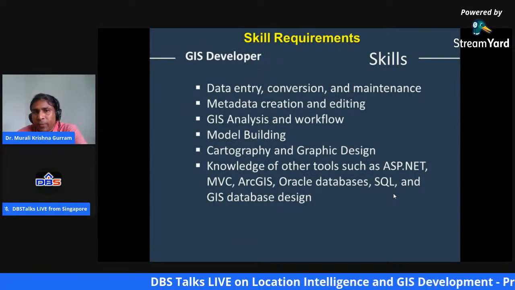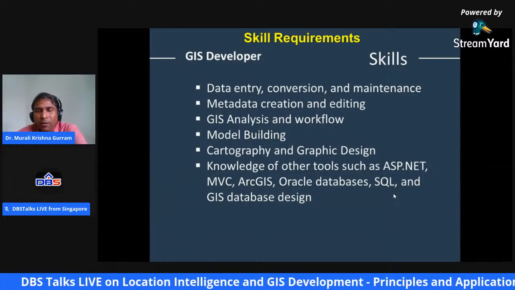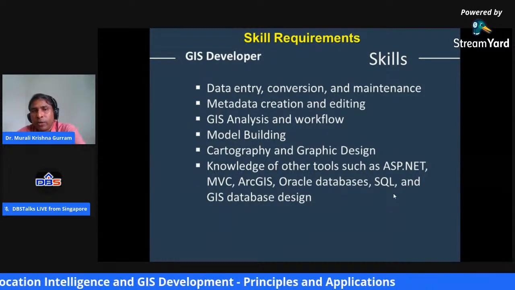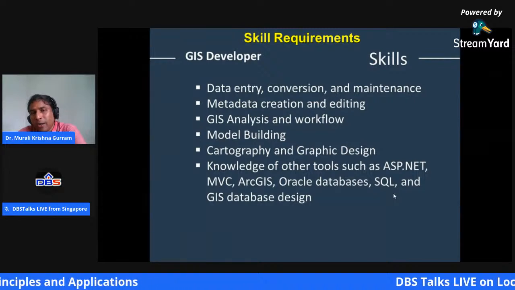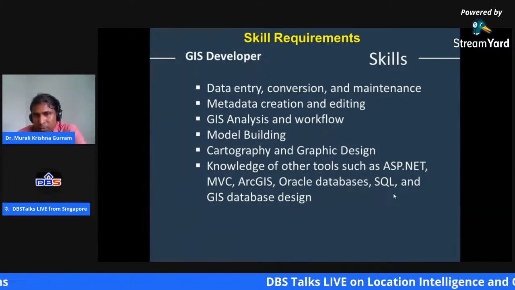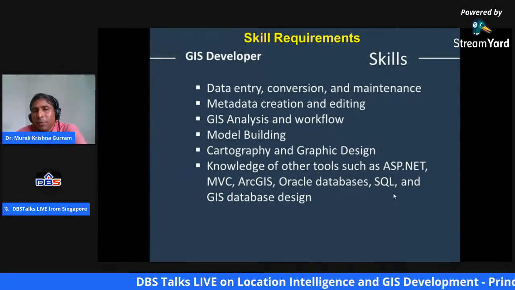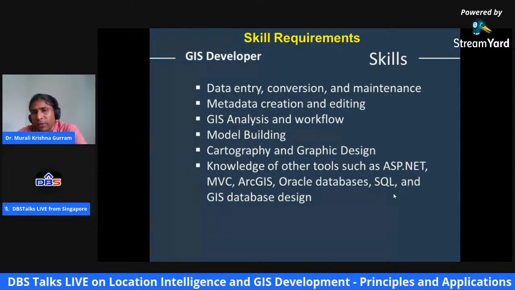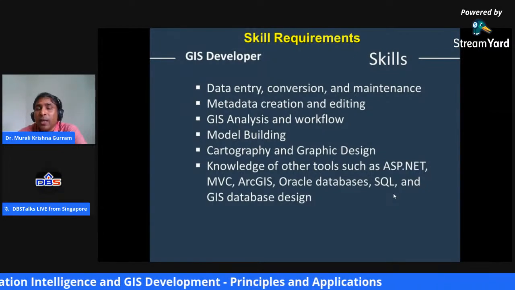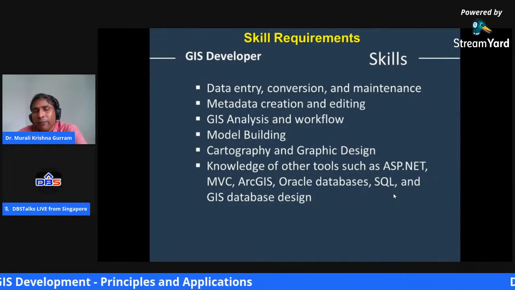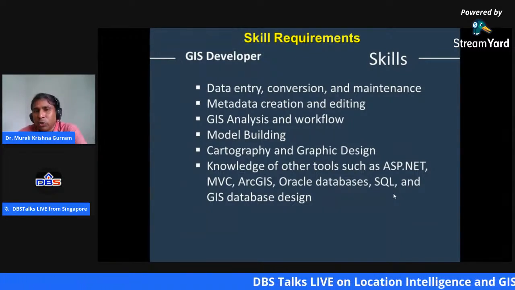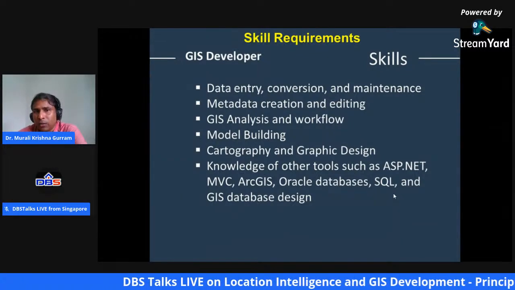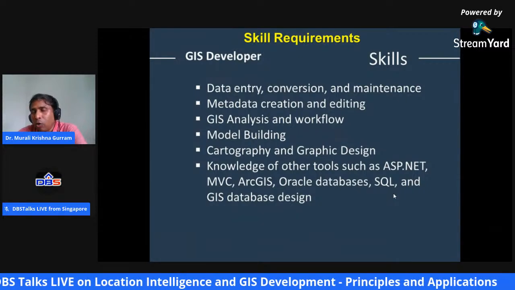And cartography, again, you need not become an expert. Of course, it is a specialized domain, but that doesn't mean you have to become a cartographer. You should have a basic understanding. Ultimately, you are putting all the information in map form, so you should know what is a map and what is not, and how to put a map together.